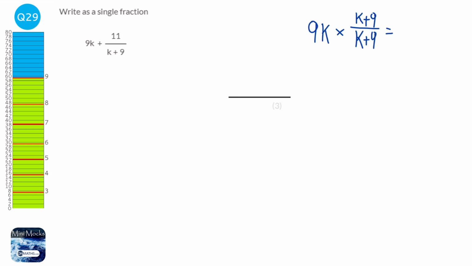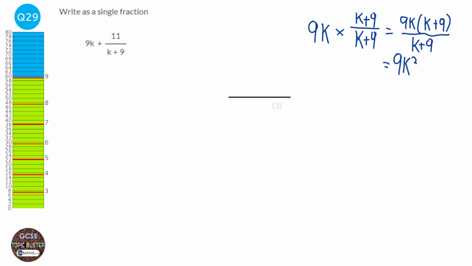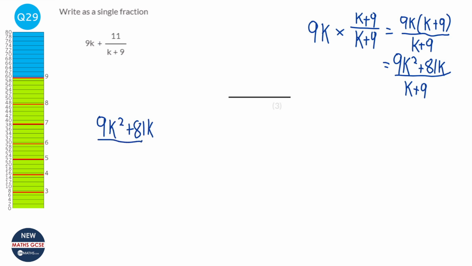So what we do when we times a 9k or a term by a fraction is we times the top, the numerator of the fraction. So it's going to be 9k brackets k plus 9, and all of that over k plus 9. Expanding the brackets, we get 9k squared plus 81k over k plus 9. And so what I'm going to do is just feed that back in here. And so we've got 9k squared plus 81k over k plus 9,